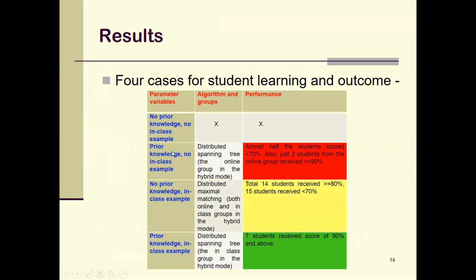But if you look at the other categories, where they have prior knowledge and where also the in-class example was done, that is the case where we had the best performance, which is denoted by this green portion, because that's the distributed spanning tree algorithm. They have some prior knowledge of spanning tree algorithms. And also this is the group which was in class. And that's the group of students